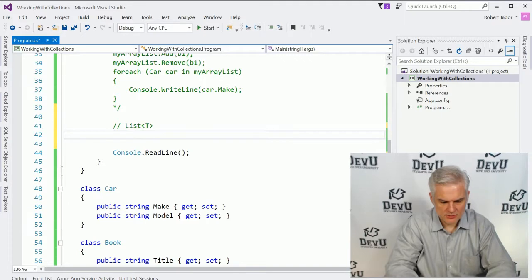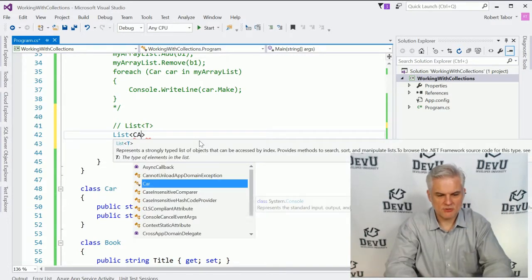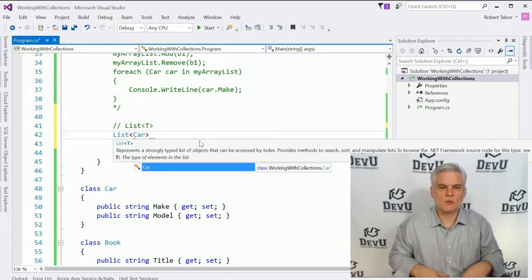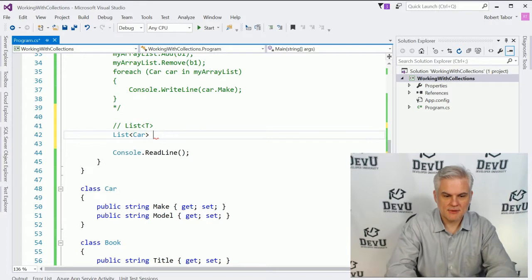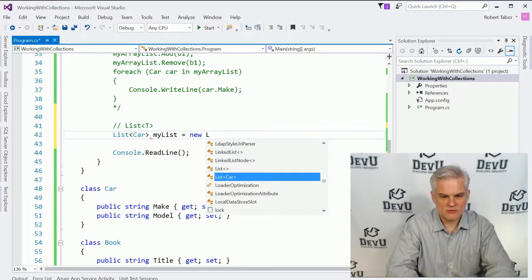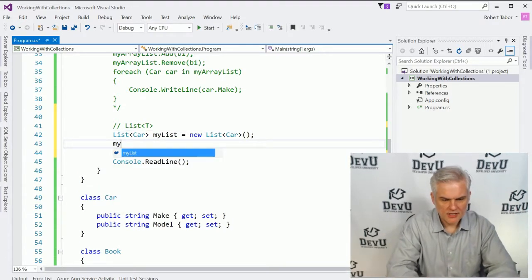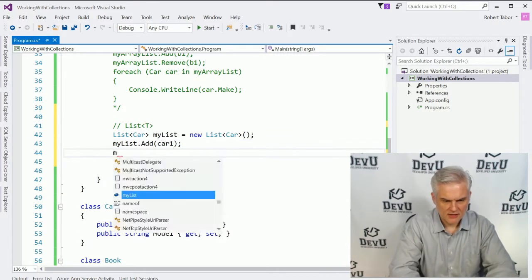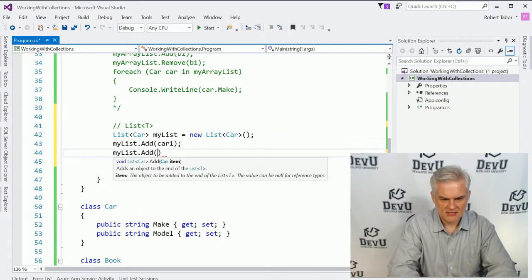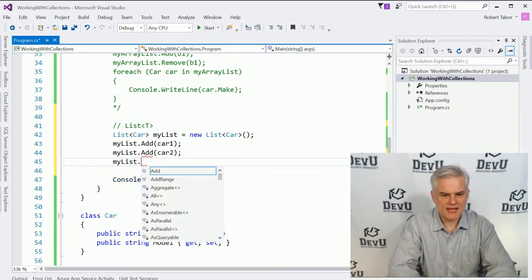This time we're going to go list, and notice that I'm using angle brackets, and in between the angle brackets I'm going to say what data type I want to use. In this case I want to use the car data type. So list of car called myList equals new list of car, like so. And at this point we can go ahead and add car1 just fine. We can add car1 to myList. We can add car2 just fine. But what happens when we attempt to add the book